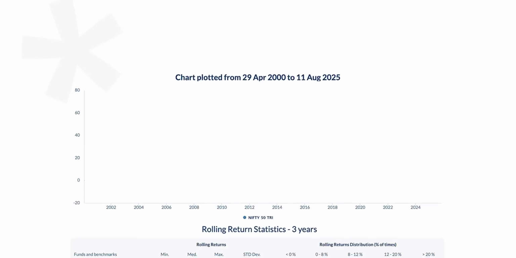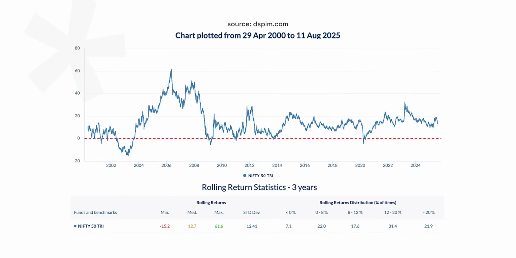They think, I'll just put it in the stock market and that will just make it grow faster. But that is extremely risky, because over shorter periods of time, the stock market can even give negative returns. In fact, data over the last 25 years, if you look at it, the Sensex has delivered under 8% annualized returns 30% of the time, across any 3-year period. And 7% of the total time, you would have actually gotten negative returns. So you would have actually lost money.